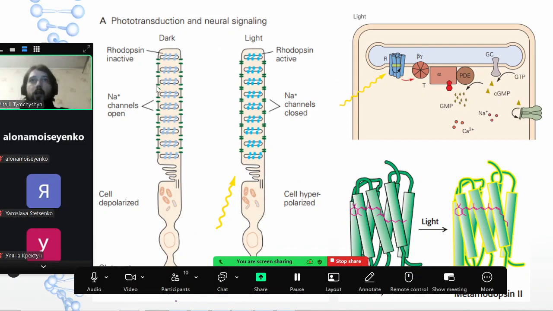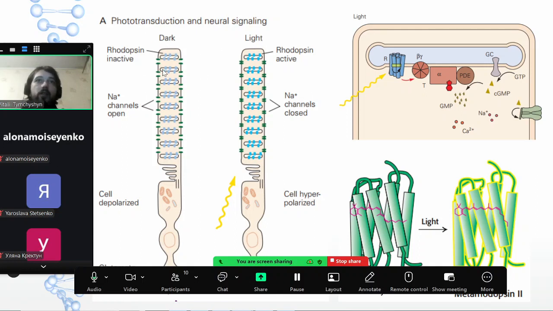Here we have an even closer look at whatever we will be dealing with. I guess not at this slide, but after we consider the mechanism of capturing the light, we will get through the signaling cascade that involves different proteins that are stationed on these discs. That's for a rod. But you may imagine a pretty similar image for cones.